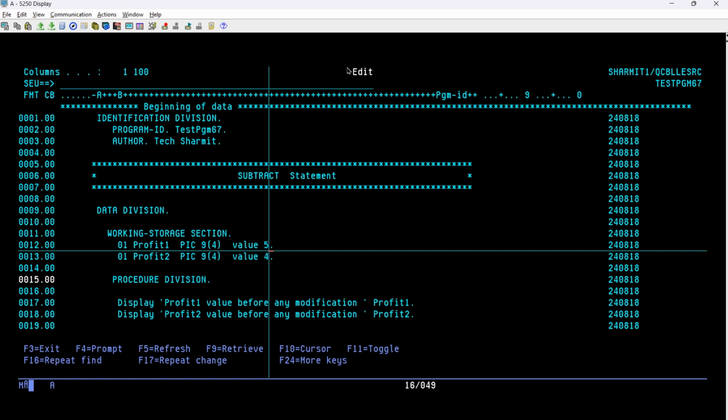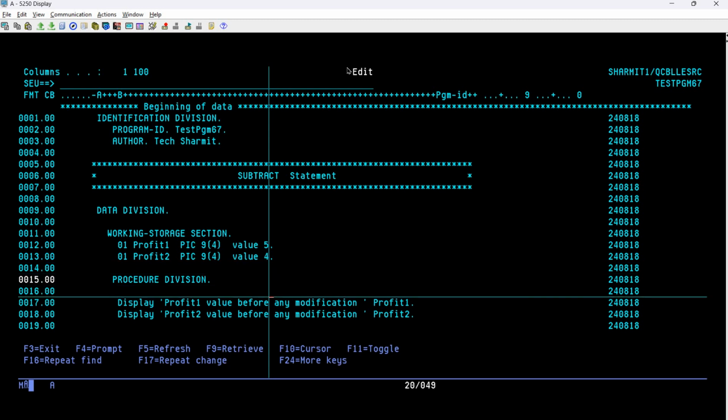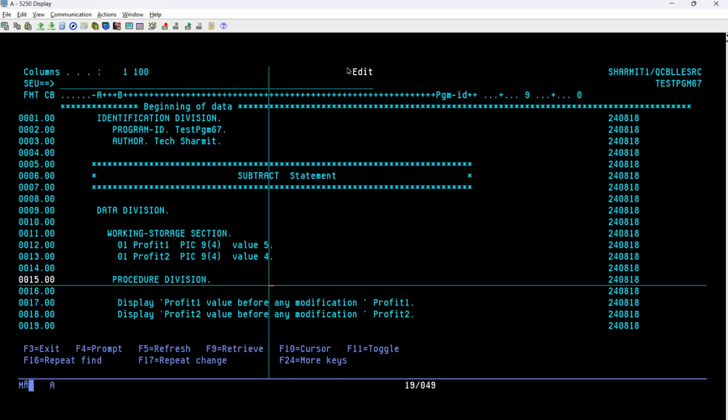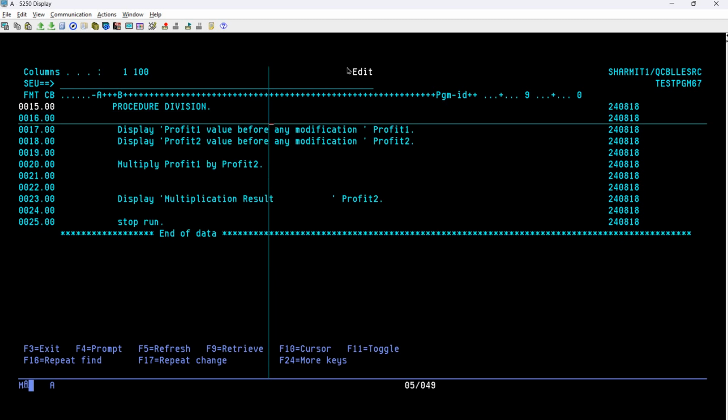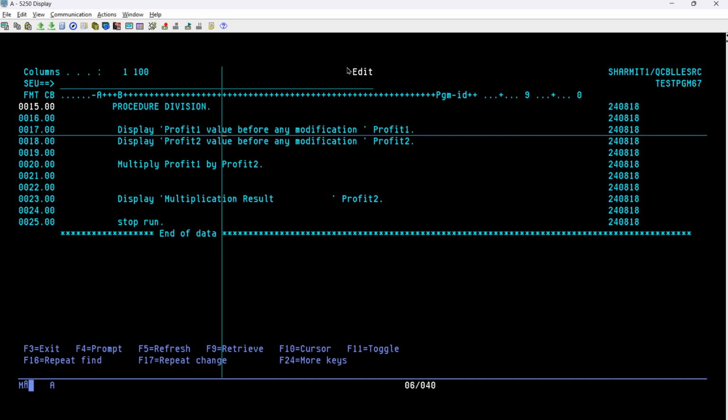Now we have procedure division, which we are using to write the main logic. So here we will keep the entire main logic of our source program. I'm using the display command. So display profit1 value before any modification appended with the profit1 variable. What this line will do is print this message, profit1 value before any modification, and then